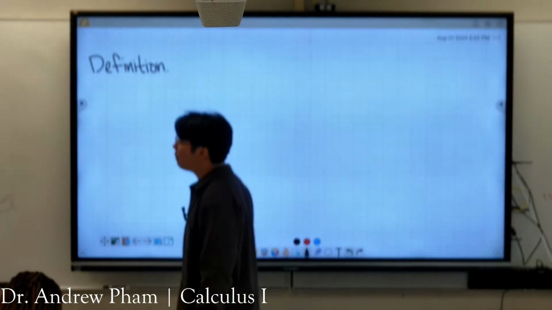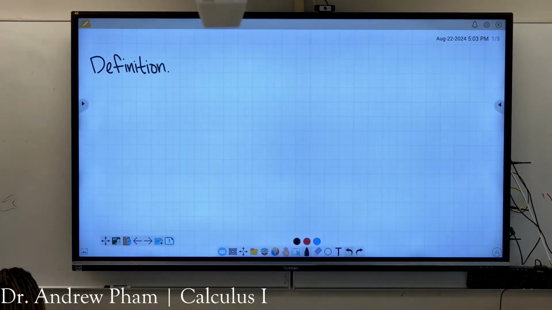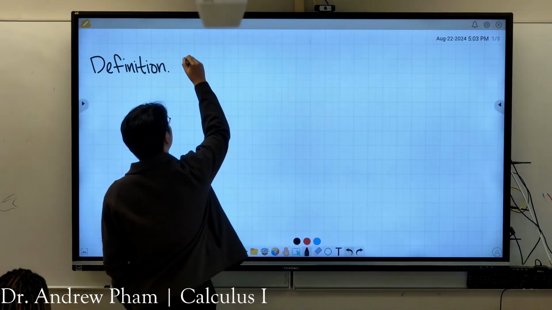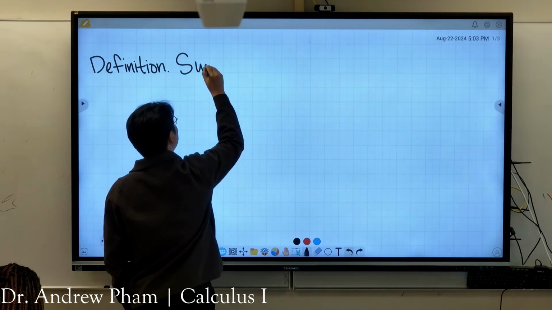What happens whenever I look at my one-sided limit? Instead of looking at both the left and the right, what if I only care about the left only? What about the right only? So let's look at this. For our first definition,